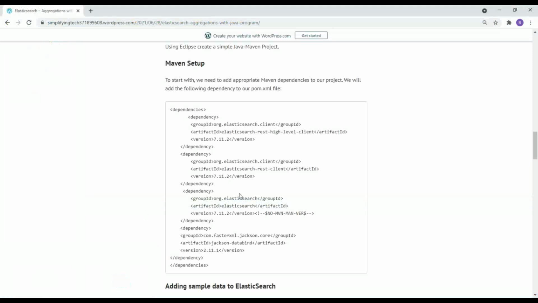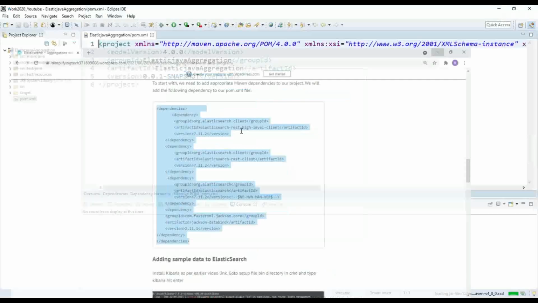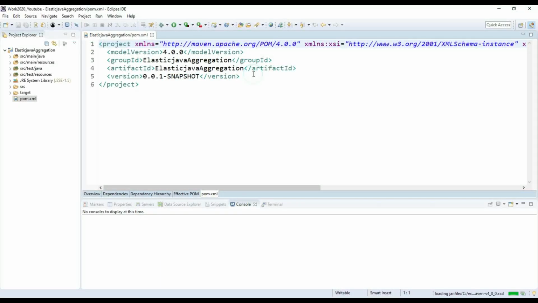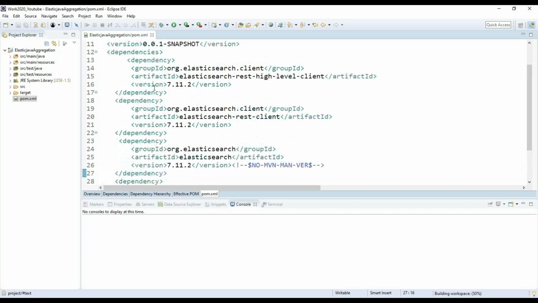I have listed them here, so I'm copying them. It requires the Elasticsearch client, Elasticsearch, and some Jackson libraries also. I just need to add this dependency into pom.xml and save it. We are using version 7.11.2, which is the latest at the current date.